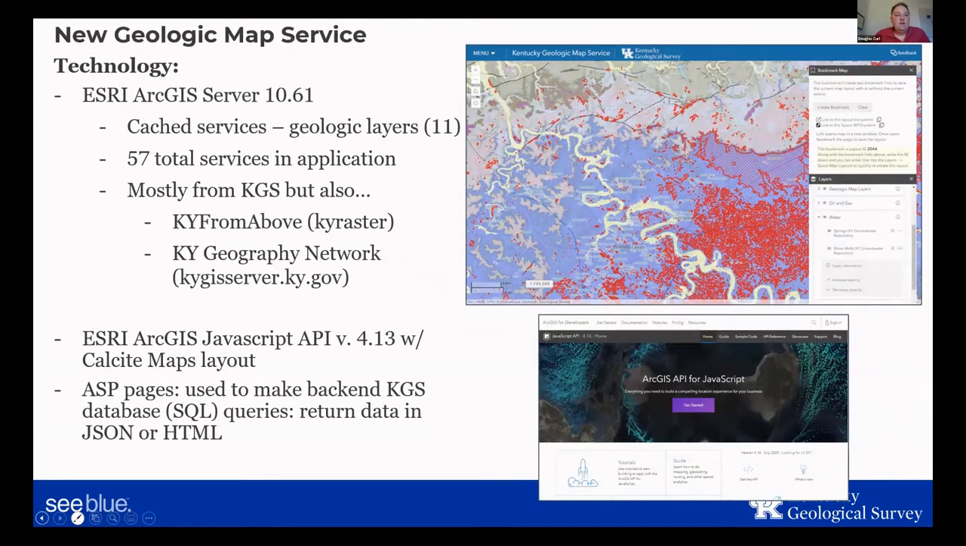So the new Geologic Map service uses, again, we're still in ArcGIS Server world, which is great. So we're not using ArcGIS Online. We're still standing up our server, 10.61 if you're curious. And now we have a lot of cache services. So we finally cached our geologic layers. We have 11 of those, 57 total services in the application, which may make somebody at ESRI's head explode. I don't know, but again, it's just important that we provide an easy to use, all one-stop place